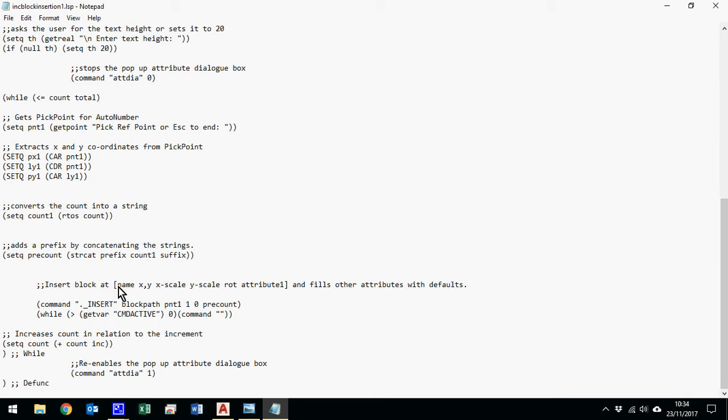This is saying insert the block at name XY, which is our point 1, X scale, Y scale, rotation, and the attribute 1, whatever the variable we want. Now in this case we want that number here to be our variable 1. But here what I've done is I've said command insert, and I've said block path, which is the name, 0.1, which is that XY, and then just a 1, because in this instance the block that I've saved is set to scale uniformly. So I don't need an X scale and a Y scale, I just need a scale